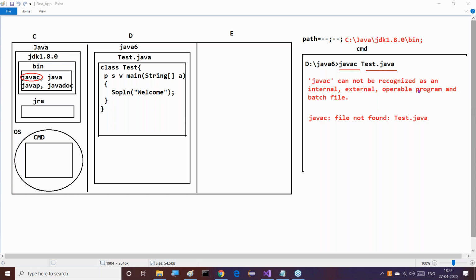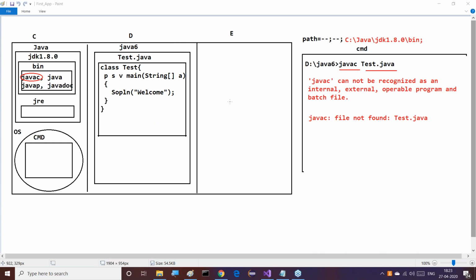Whenever this compilation is successful, then automatically .class files will be generated. How many .class files are generated in this example? We can understand that the number of .class files generated totally depends on the number of classes, abstract classes, interfaces, enums, and inner classes which we have used in our Java file.